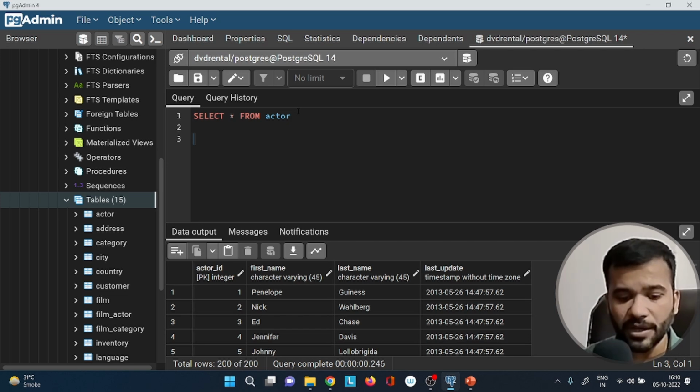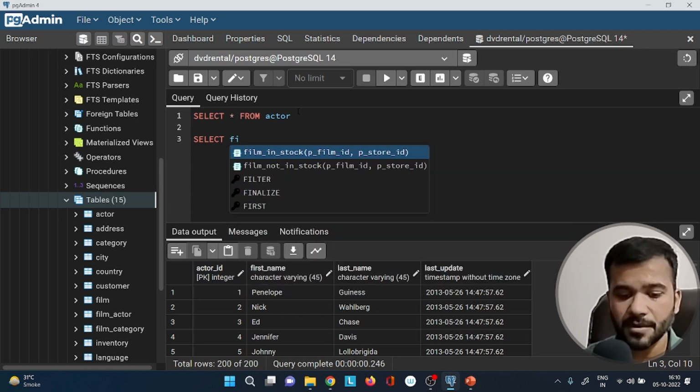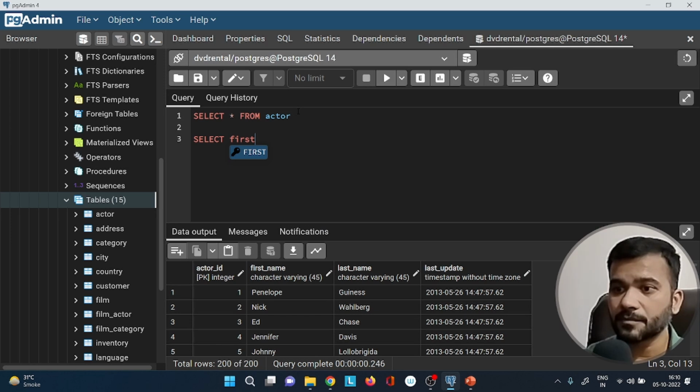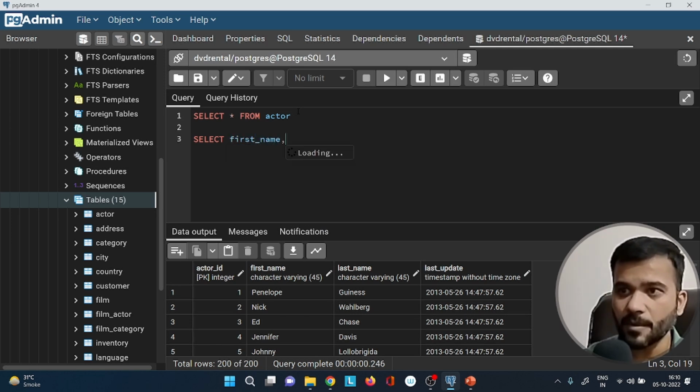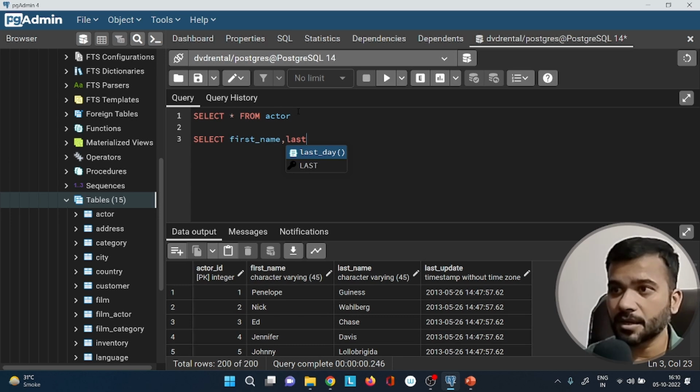So what we can do: SELECT, and then we mention the column names, first_name, comma, and then the second one, last_name,